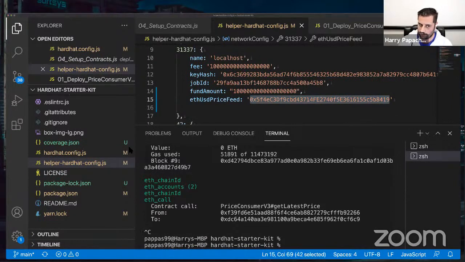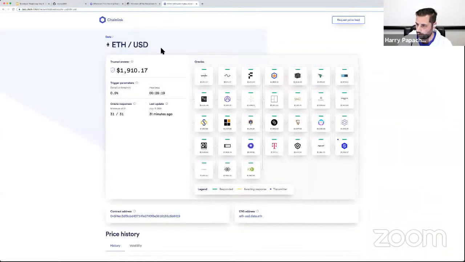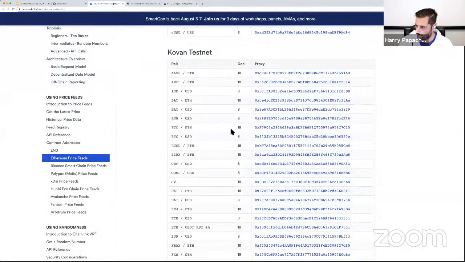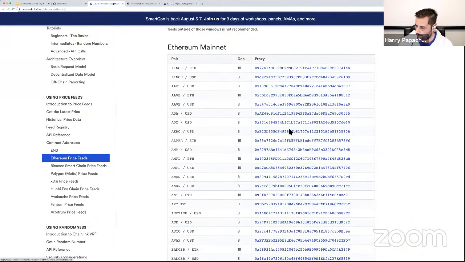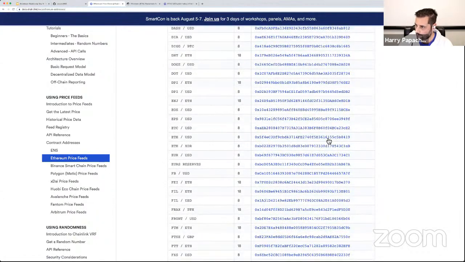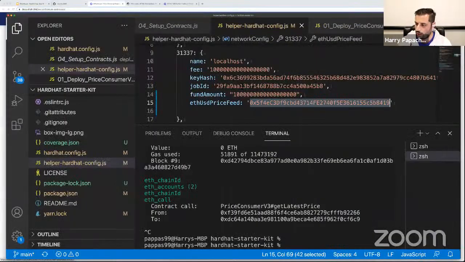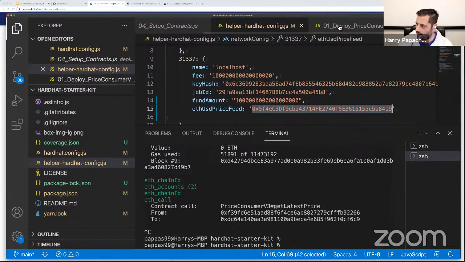So if I go to the Chainlink docs, which is here, no, that's not mainnet. This is mainnet here. So the mainnet ETH USD is that one there. Yep. So we're saying we want to connect to the mainnet ETH USD price feed here,